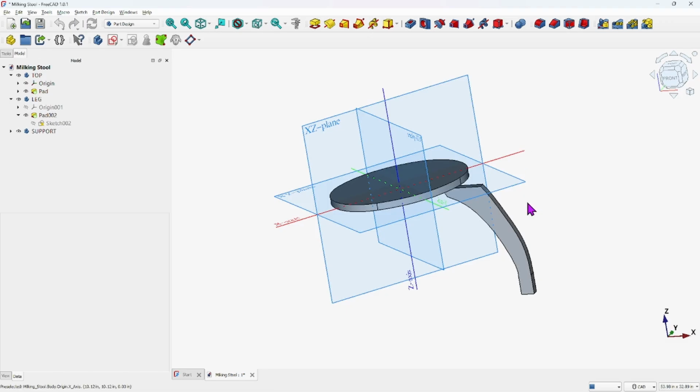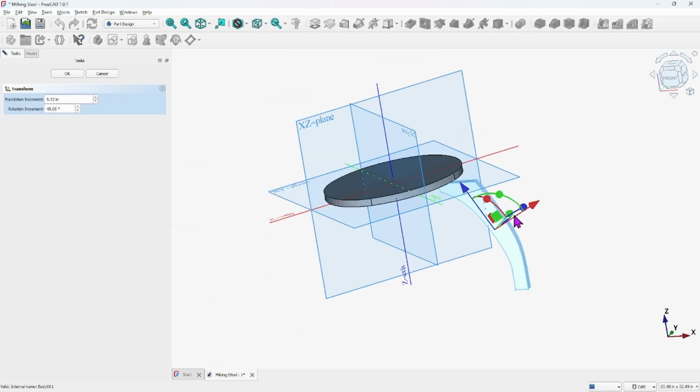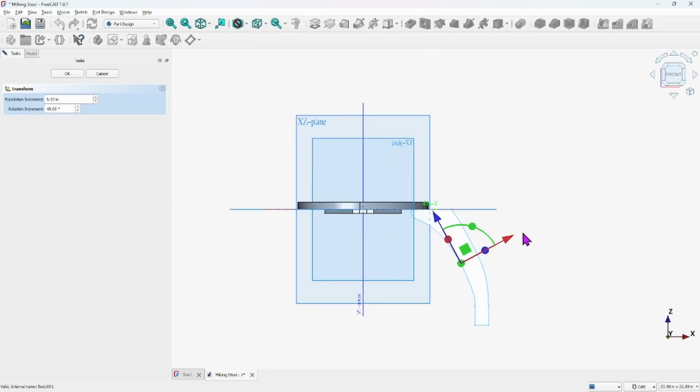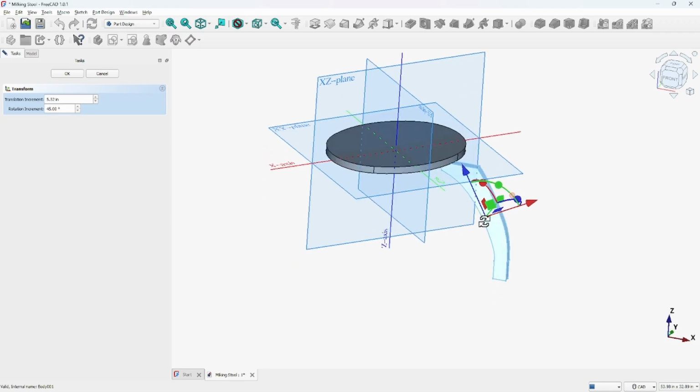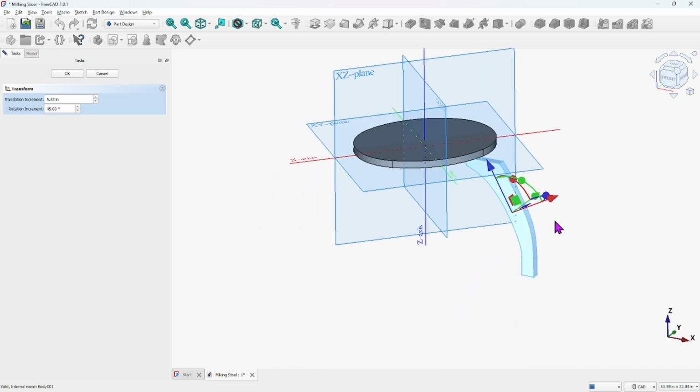So to show you what I mean about the two coordinate systems, I'll select that leg here. I'll right click and hit transform. And you can see these arrows going off in different directions from the x-axis here. Like red is x, there's the x there on the local coordinate system, blue being the z, that's the z for the leg itself. So with these misaligned,